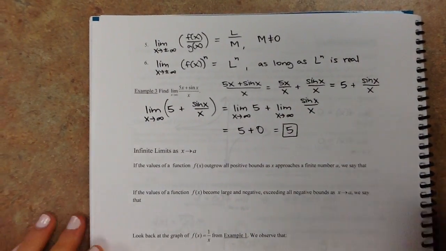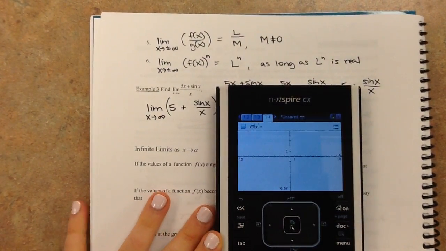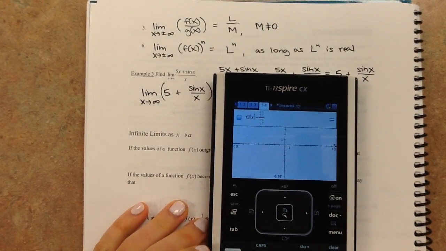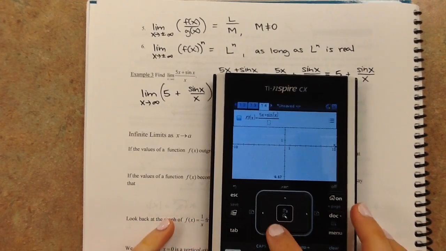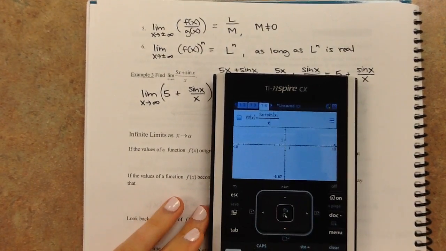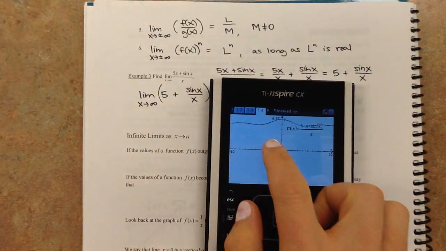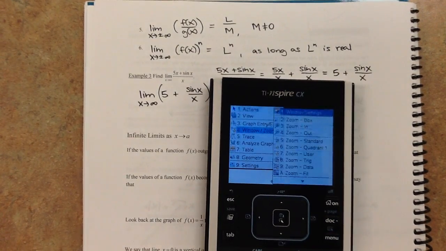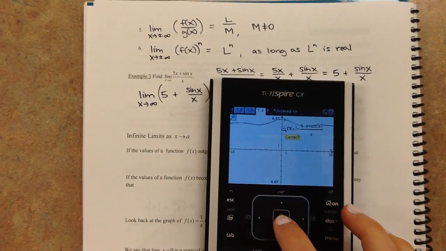And I will prove it to you by showing you the graph. So let me open up a new graph for you. Okay, so let's plug in 5x plus the sine of x. Okay, and then just an x in the denominator. Okay, so see that? When you go out, we're kind of hovering around 5. And I can even zoom out a little more just to show you. Okay, so we're going to zoom out,